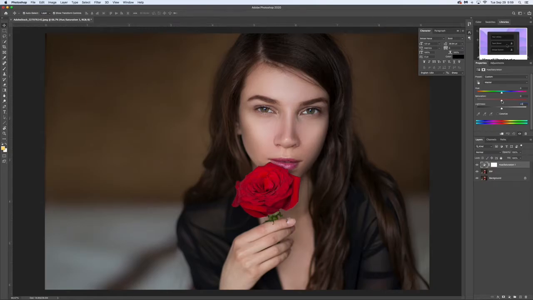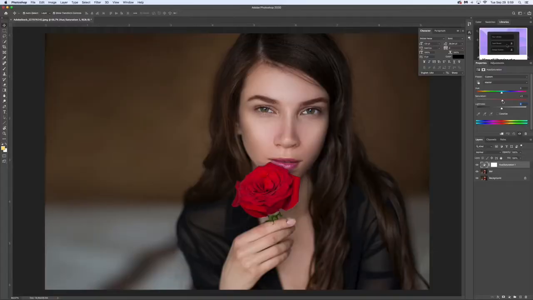Now, before we turn the saturation way down, high school students have a problem with thinking that saturation is the bee's knees. So they will turn the saturation all the way up sometimes when they do adjustments. It's awful. Let's look at it. Let's turn the saturation up. What happens? Oh, it looks awful. It's just terrible. Saturation is the most overused thing. So don't turn saturation up. In fact, you generally always want to turn saturation down a little bit,